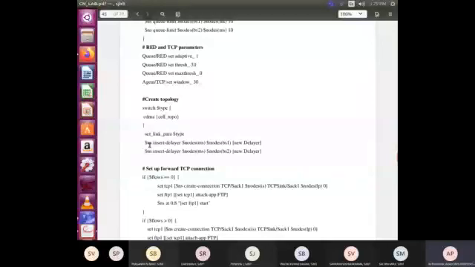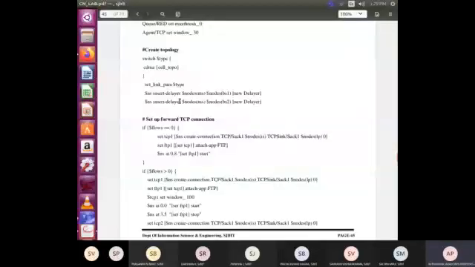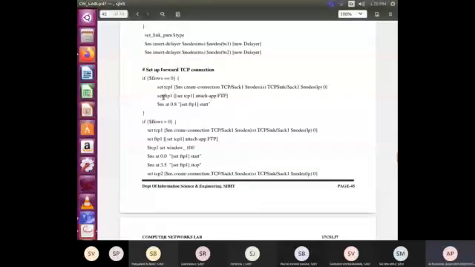Next, we set up the forward TCP connection. Flow value will either be 0 or greater than 0. If the flow value is 0, then you have to tell which transport protocol and which application layer protocol we are using. So here we are making use of TCP as the transport layer protocol and FTP as the application layer protocol, and ns says the time at which the simulation starts. This is initially when the flow value is 0.